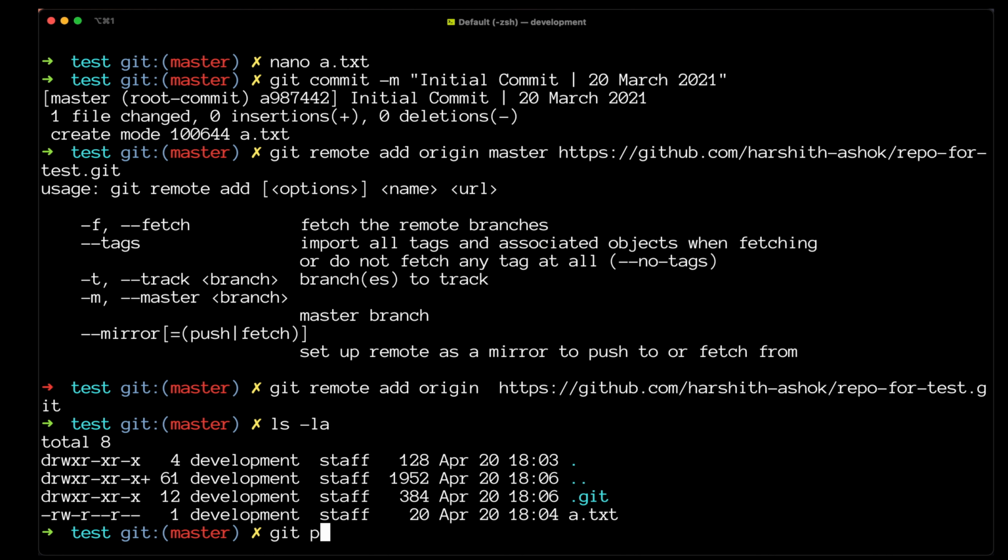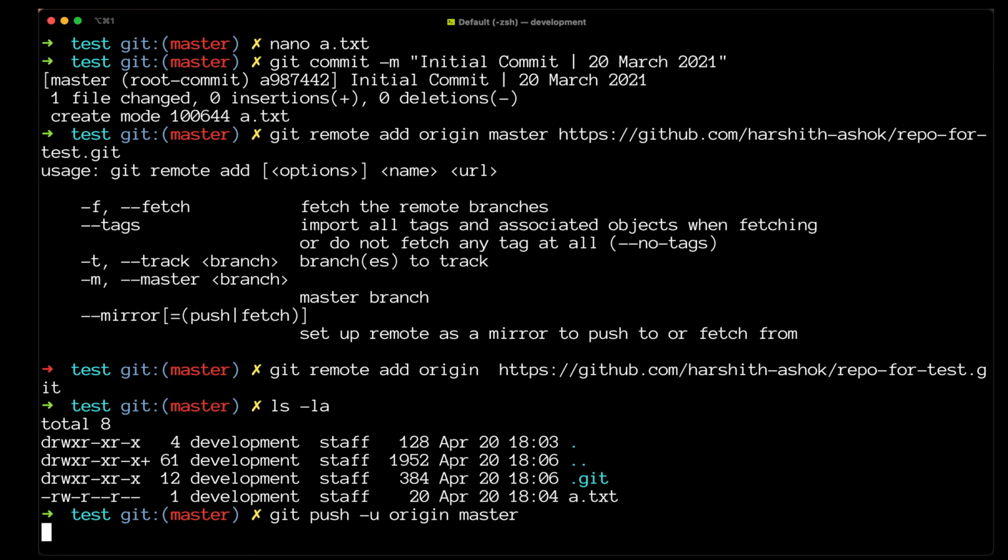Now I'm just going to give git push -u origin master, which is going to push all the files including a.txt to our repository over here.